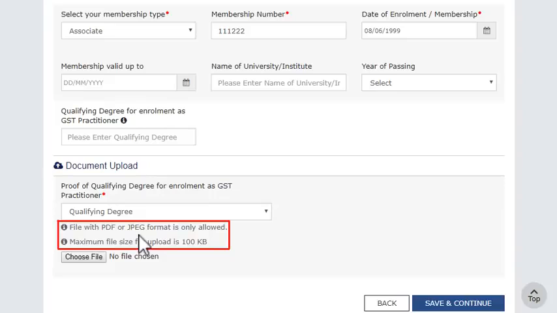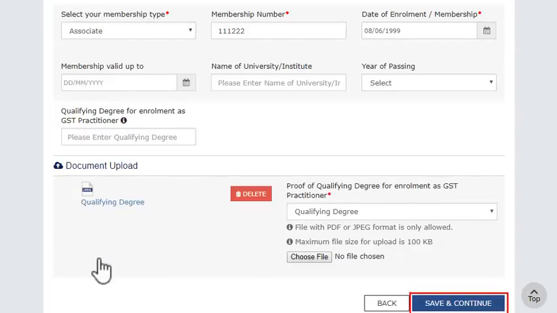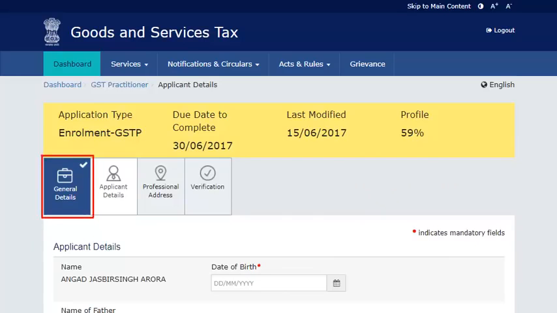Make sure the document is in PDF or JPEG format and of size up to 100 KB. Click Save and Continue to save this information. Notice the General Details section's color has now changed to blue and also has a tick on it indicating the section is filled. You can now navigate to any section of the application and start filling the application.